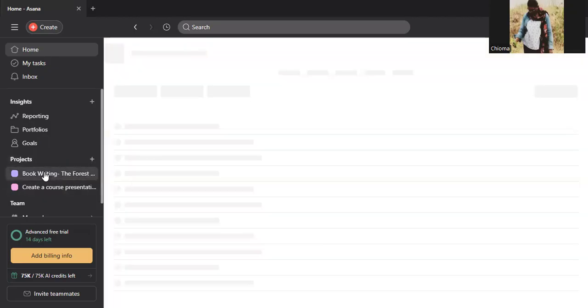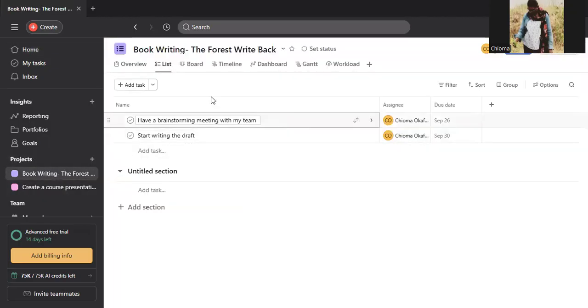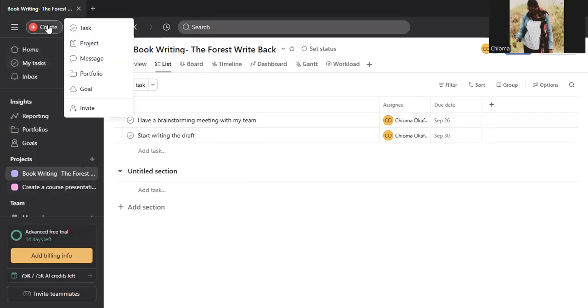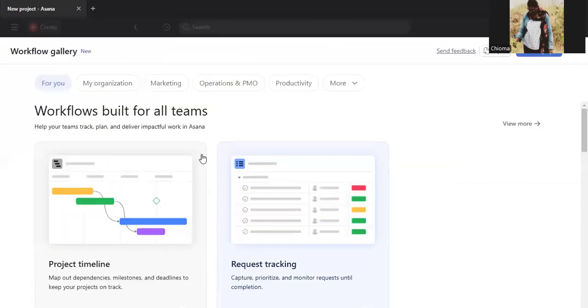So let's go to projects. On that project, let me go and add. This is a new project, the project I added. Let us start a new one. Let's add a new project so you see how it works. Once you click on projects, I hope you saw what I just did there. Once you click on a new project, it brings you to this place,